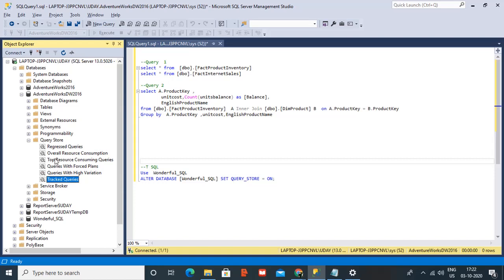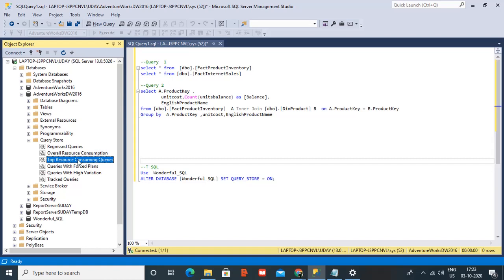And out of these six important features, the most important would be top resource consuming queries, which I personally used in many of my projects. This is useful to see what resources are being used by a query, and what the runtime statistics are. And the metrics can be like how many physical reads, how many logical reads, what is the duration of the query. So all this information we can get using this option.